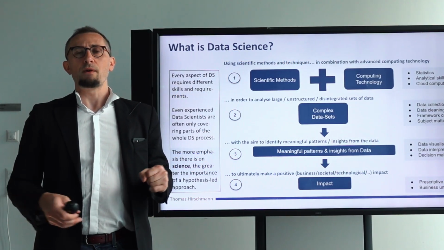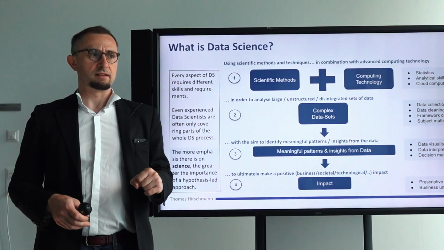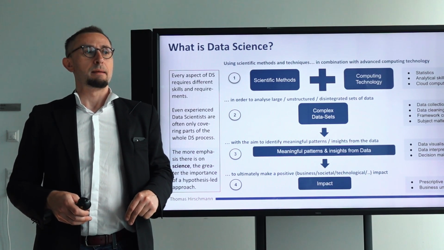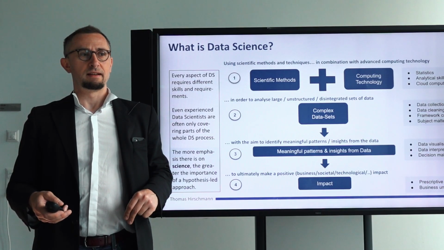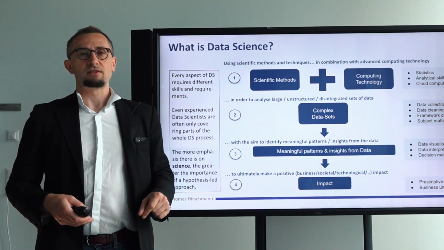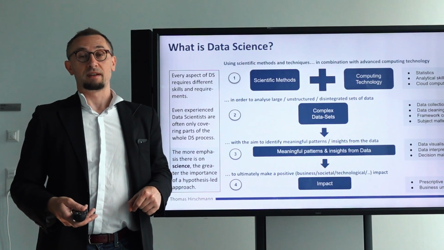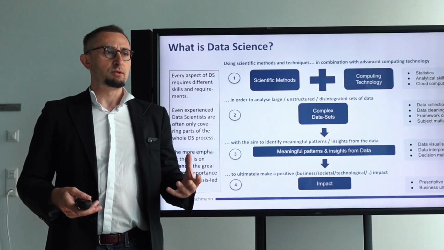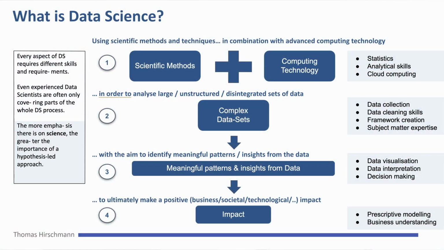Now, I've gone very quickly over this process or this kind of more detailed explanation of what data science is, but there's obviously much more to be said. Well, first of all, you have seen on the right-hand side here, there's a lot of different skill sets involved at all of these different steps, right? So, for example, computing technology and scientific method, that has a lot to do with analytical skills, but you also know about cloud computing. Maybe you already have some developing skills.